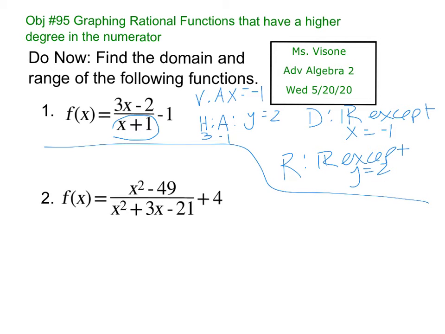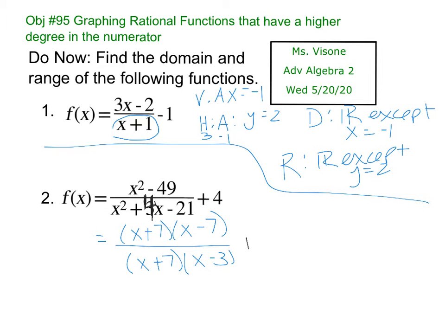Now this one, notice they are factorable on the top and the bottom, so I need to do that. So x plus 7, x minus 7 on top. And then on the bottom I have x. I knew I made a mistake. It's supposed to be x plus 7, x minus 4, x minus 3. That's supposed to be a 4. When I wrote the problem, I thought I did it right, and then I thought it was